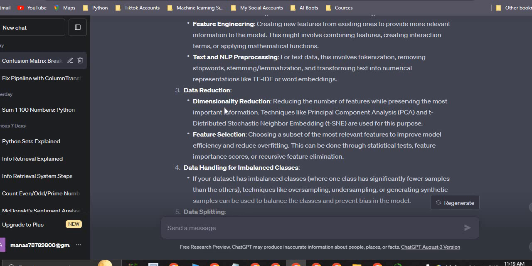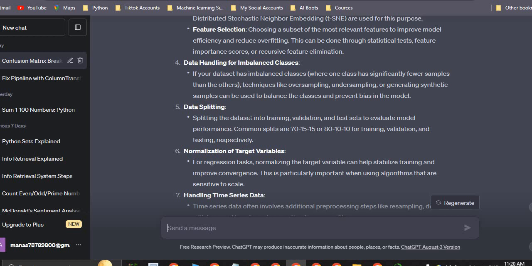Data handling for imbalanced classes. If your data has imbalanced classes, where one class has significantly fewer samples than the other, techniques like oversampling, undersampling, and synthetic samples can be used to balance the classes and prevent bias in the model.